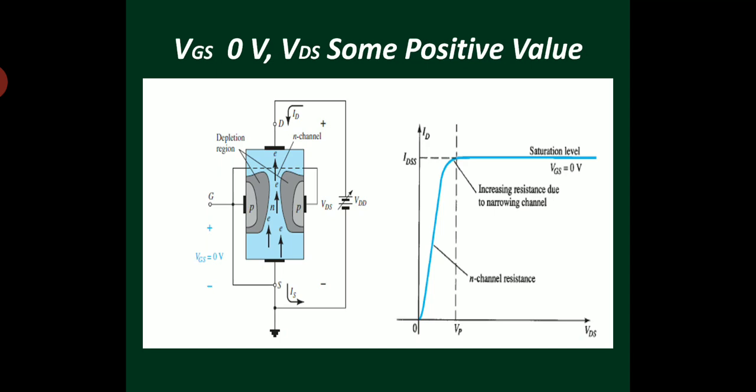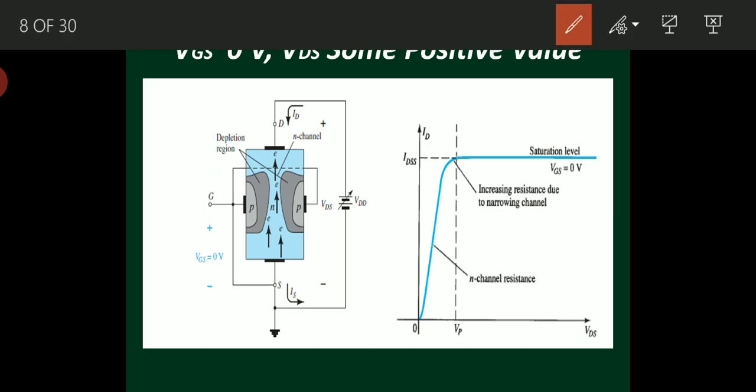Due to more reverse bias at the drain terminal, the depletion region at the drain terminal is more when compared to the source terminal. As I said, now when VDS is increased much more, then more charge carriers will move from source to drain, right? If I increase VDD or VDS, VDD is in double subscript notation and VDS is the voltage from drain to source, right? If I increase the voltage here, when VDS is increased much more, then what will happen?